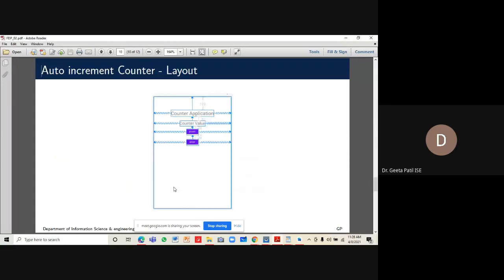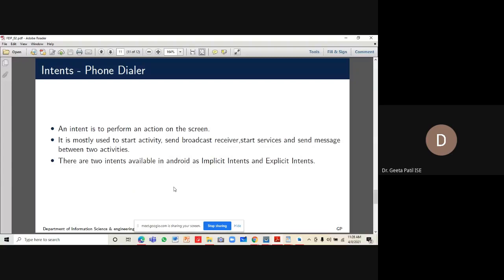The second one is all about intents. So what are intents? When we have multiple activities, or when we want two apps to share data with each other, this is where intents come into the picture. Within the app also, when data is sent, intents are used.